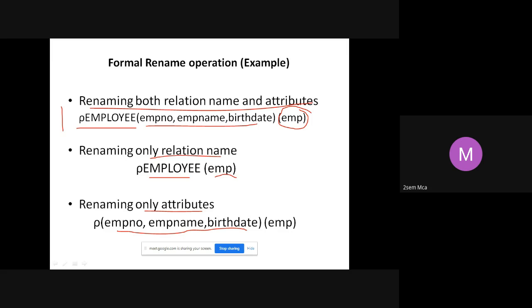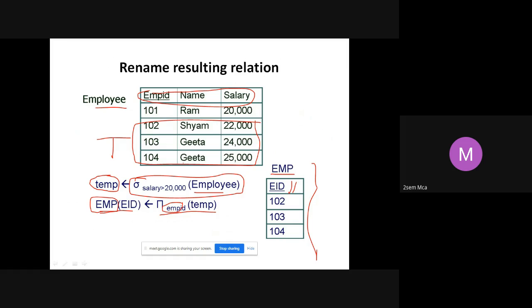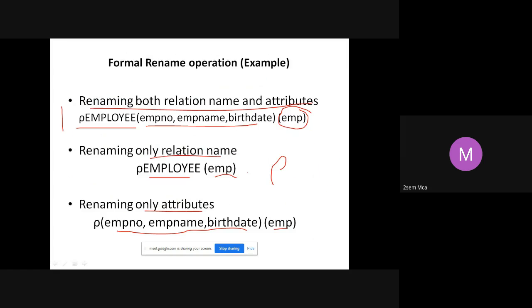I am renaming only the attributes for whichever table I am using, and not renaming the table at all. So either you can rename attributes, only the table, or both attributes and table. We make use of this rho operation. Basically, this is how it is shown, but when you want to write it, you can write it using rho, or without rho also. You can try to rename it. No problem.